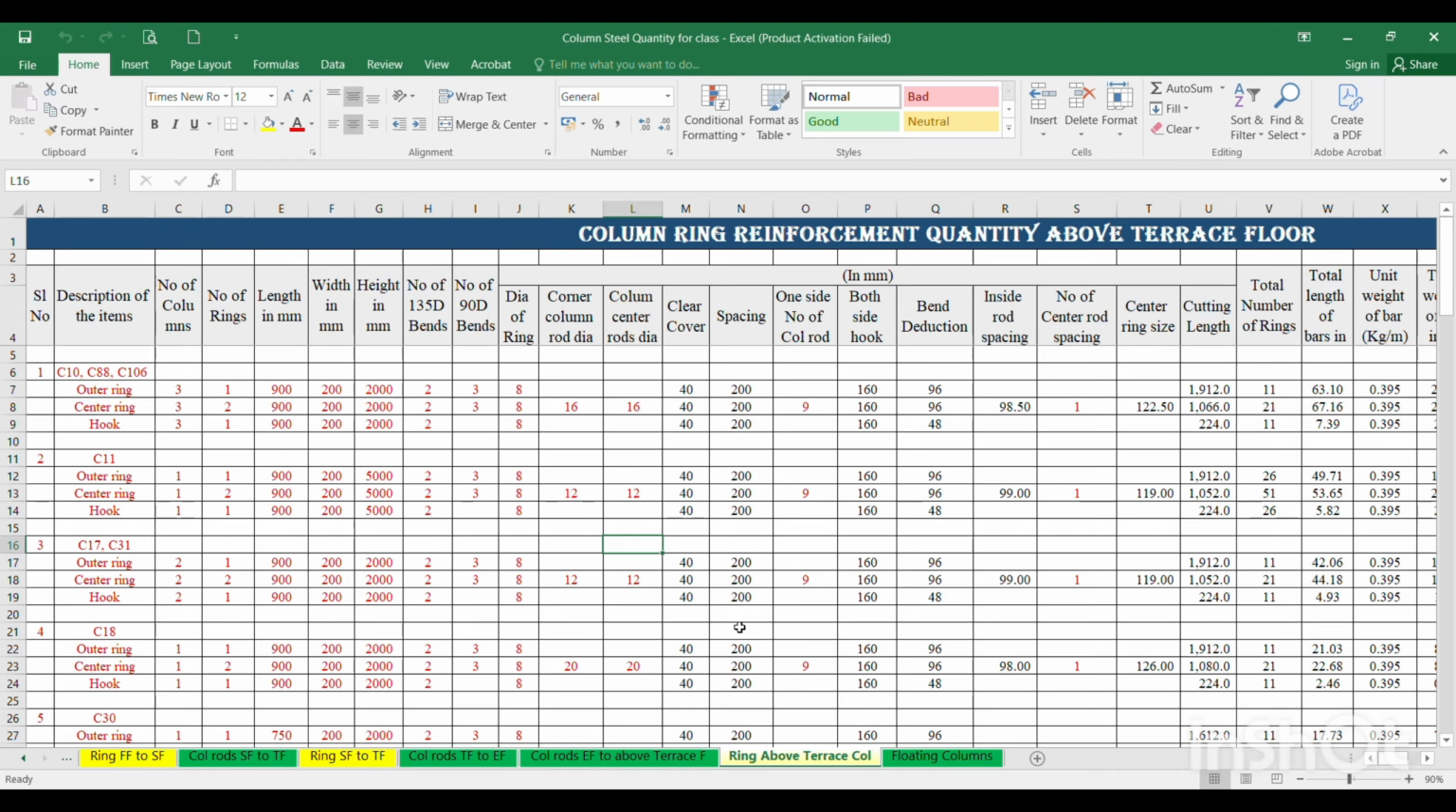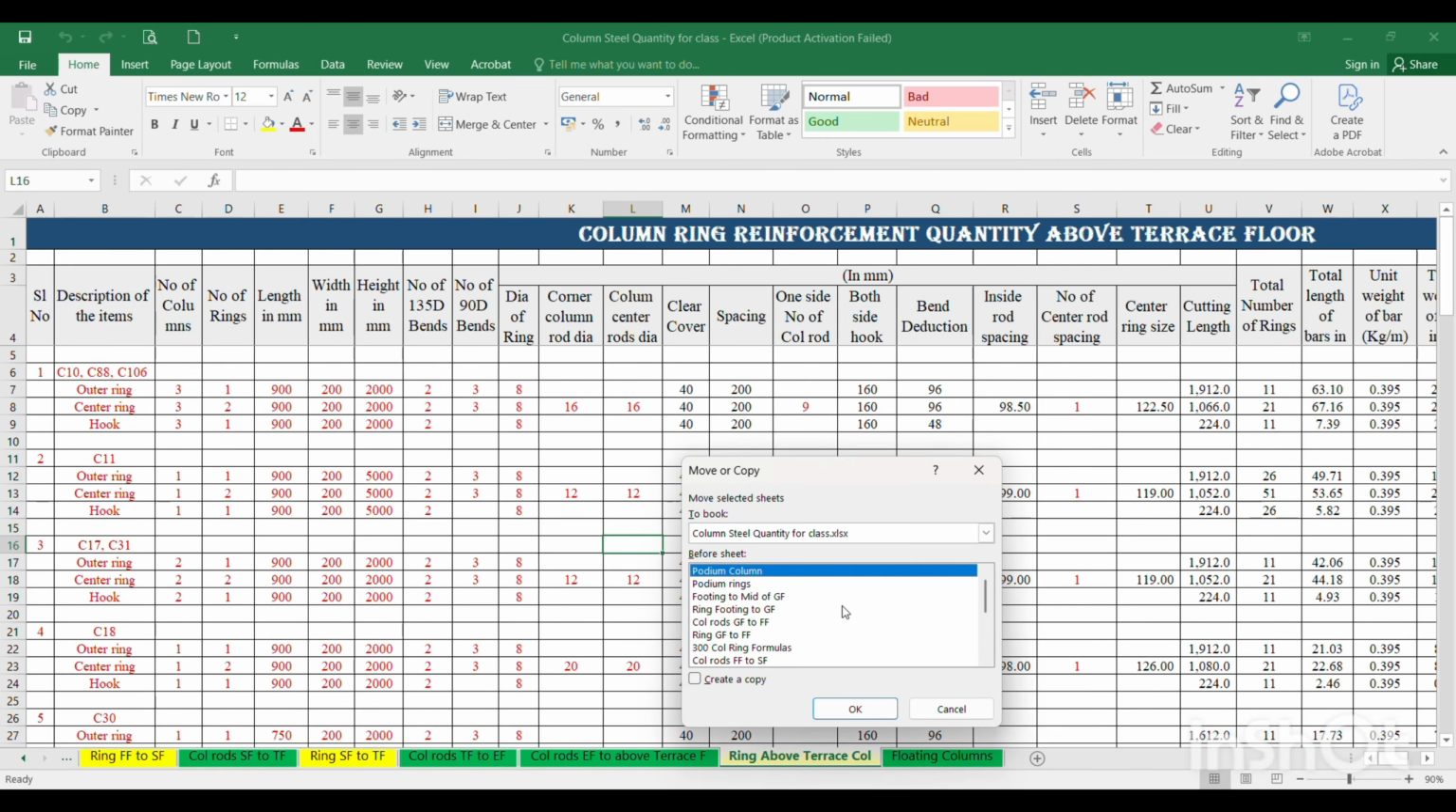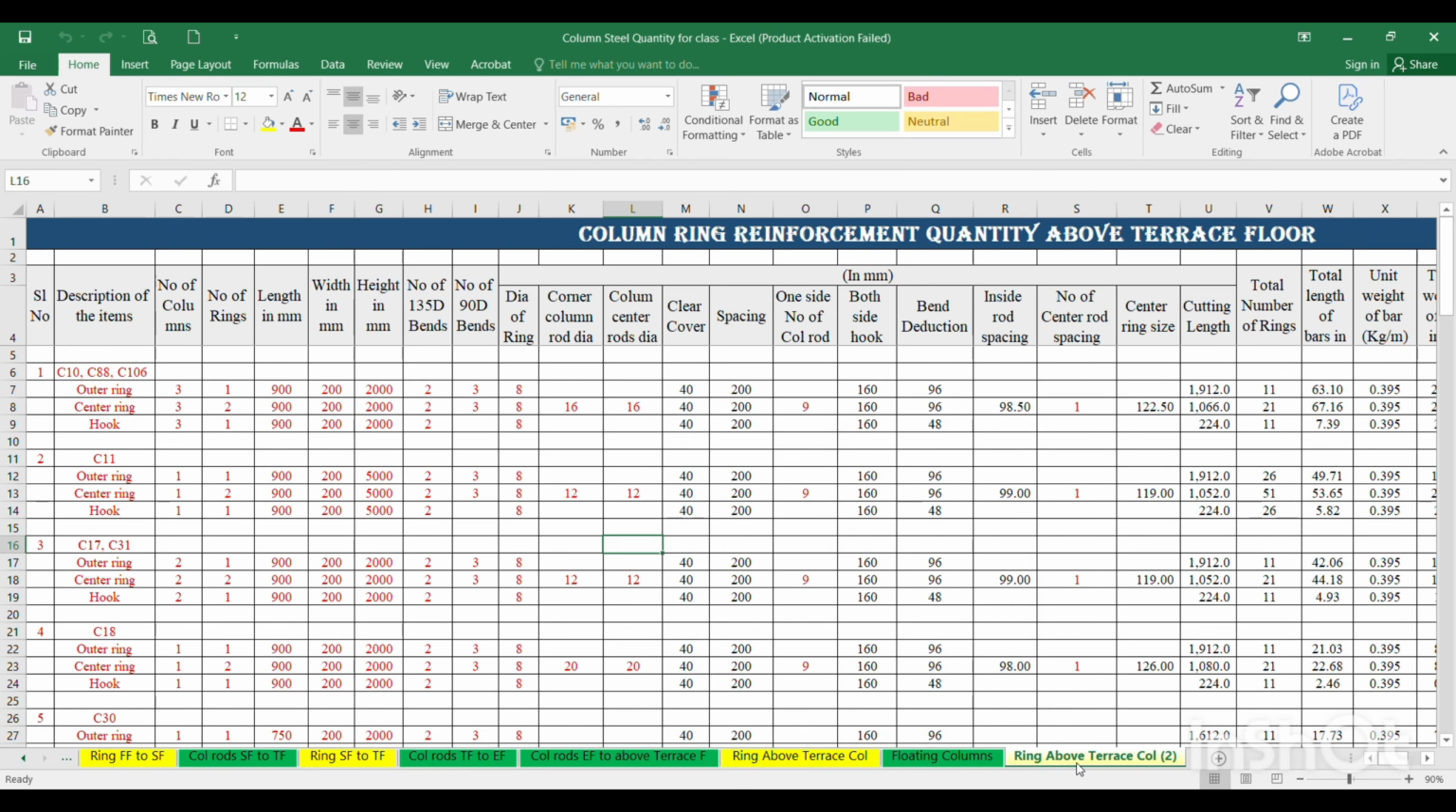For that, go to the Excel sheet, where we have already calculated the rings for the above terrace floor columns, whichever are coming for the 900 by 200 and 750 by 200 columns. The same tab you can copy once more. I am going to create it at the end. Create a copy, and I have created one more copy, and we have to change that sub tab name. This is floating column